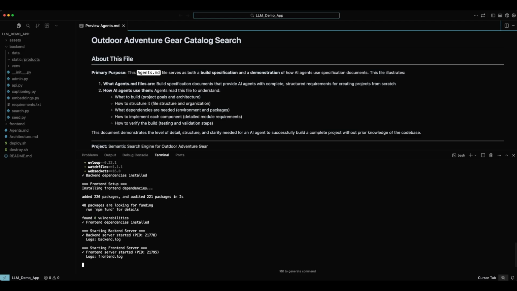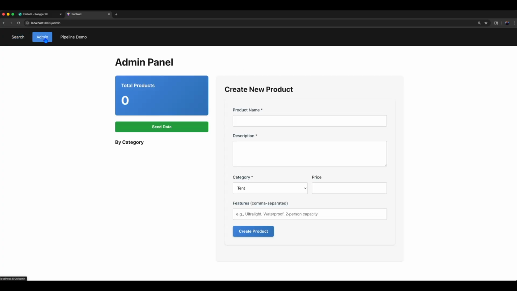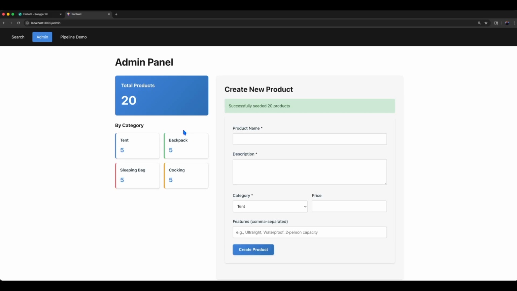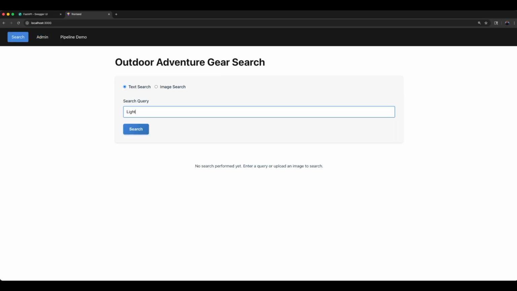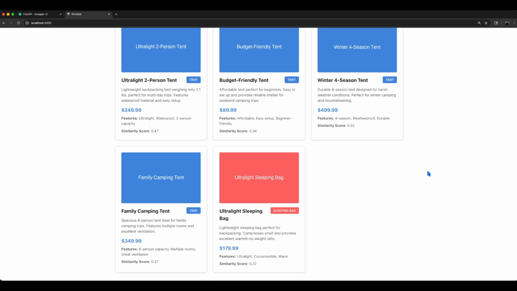Before we dive into the code, let me give you a quick demo of the functionality. This app provides search capabilities for products in an outdoor adventure gear outfitter catalog. When the app first loads, there are no products in the vector store. So I'll seed the vector store with some sample products as we see here. Now I'll go back to the search screen and search for a lightweight tent. And we see the search results